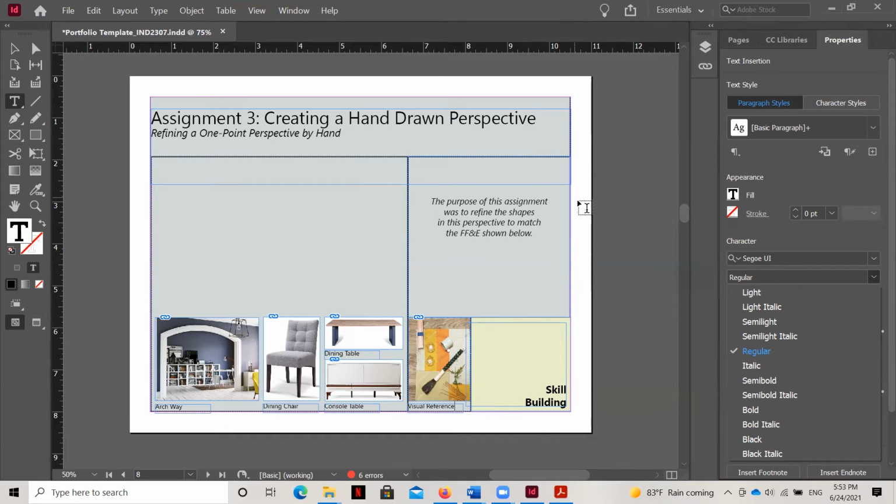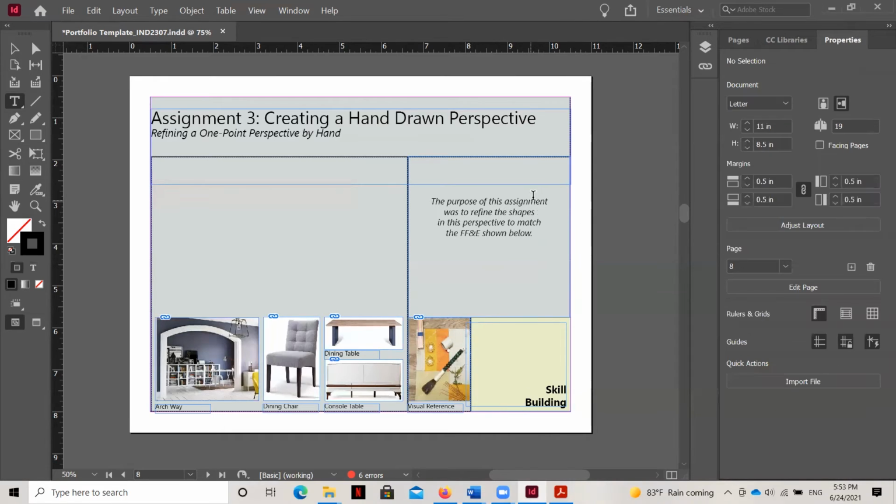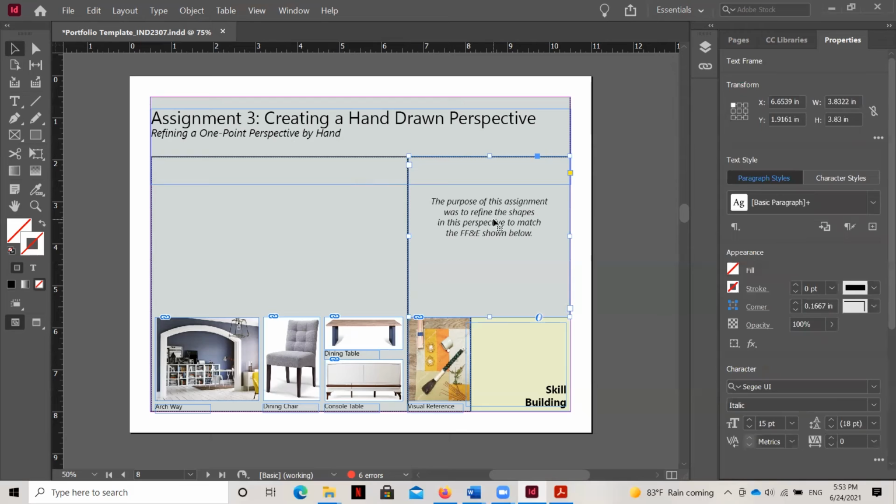One other thing I want to talk to you about before we move on is I want you to notice that font sizes are not necessarily consistent. Right here, we have an 18 point font, and you can see it's 18 point if I double click on here. Oh, pardon me, 15 points right here.